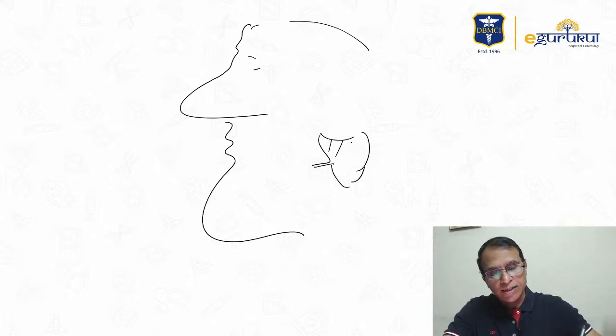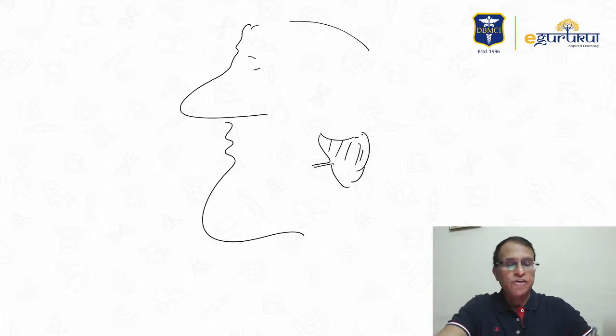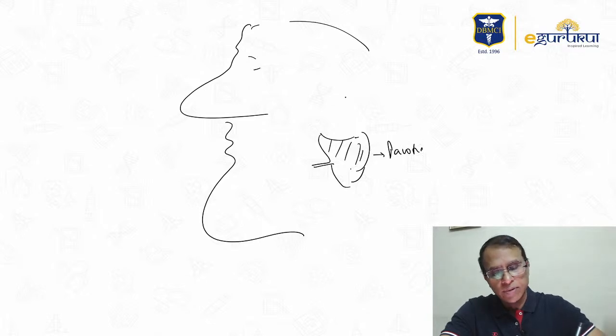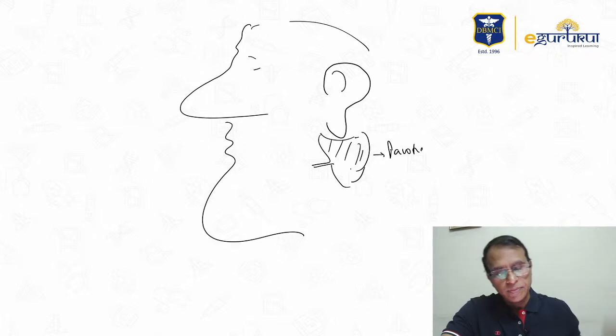This is the parotid gland, through which the facial nerve comes out. It's located here, just below the ear, isn't it? The pinna, let's say, is here, and the inferior belly of the omohyoid is below the hyoid bone. The hyoid is somewhere here, so the inferior belly of the omohyoid is below this.